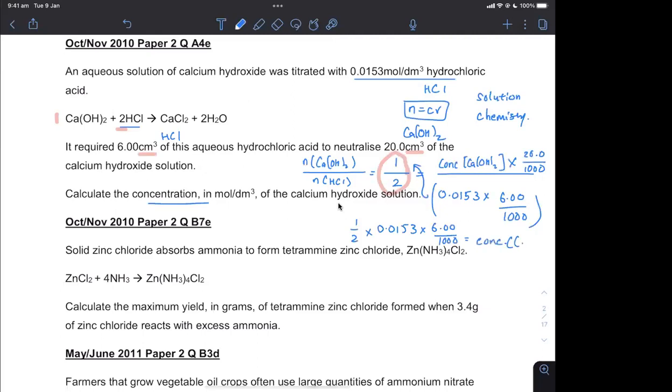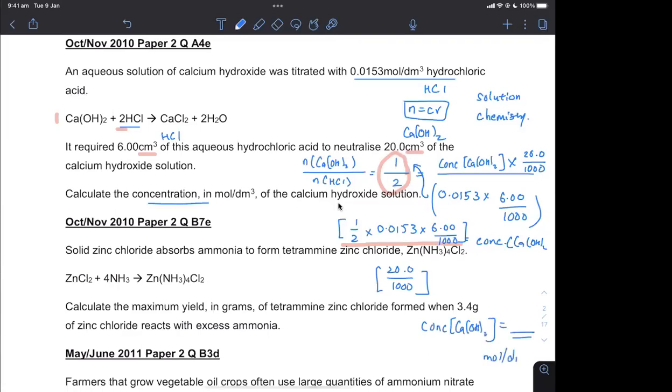I guess a lot of people are scared about the mathematics. Now this is times 20.0 over 1,000. I can move this to the other side by dividing. Divide the whole thing by 20.0 over 1,000. Press your calculator correctly. Use brackets. Do the first thing first on top and then do the bottom. And in just a few steps, you can get the concentration of the hydroxide, and that will be in mole